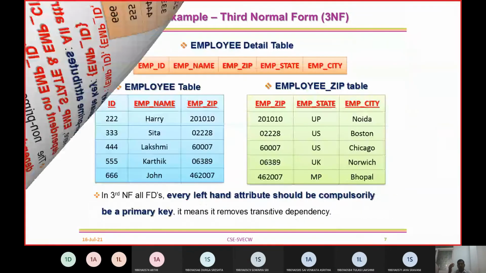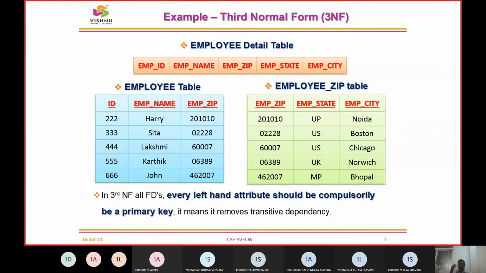So how we are going to look into this issue was, we are going to have the number of fields as employee ID, name, zip, state and city. Now we bifurcate, or decompose, the table at this point of time. So at what point do we need to decompose? The decomposition is crucial, because when we divide the main table into subtables, we look into what will be the prime attributes and what will be the non-prime attributes.